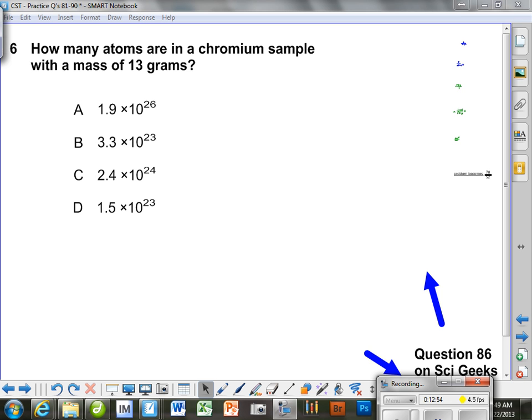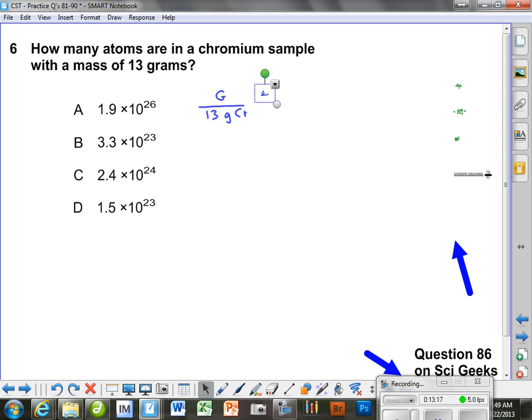In this problem, we have a given. We want to do given and find in these problems. A given is 13 grams of chromium. And you'll see that sitting right here, 13 grams. And the element we're talking about is chromium. Now we've got to do the find, and our find is we're going to atoms. So to get grams to atoms, we've got to take the steps. First of all, we've got to find out